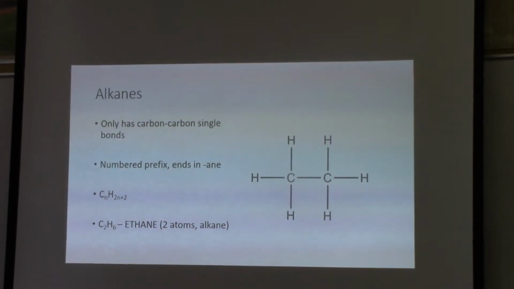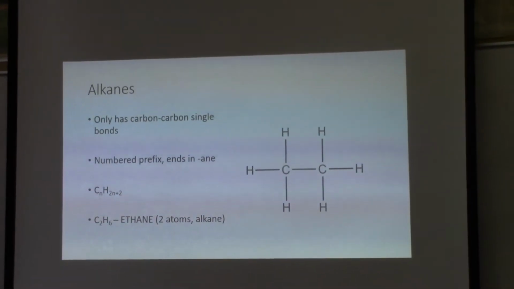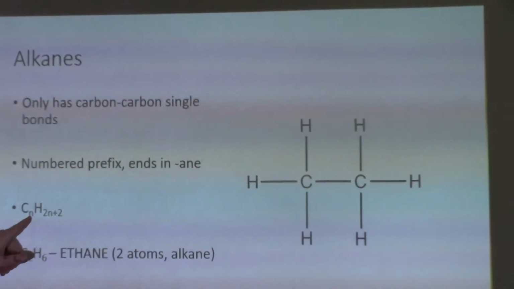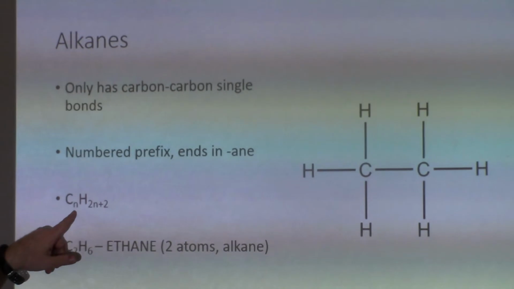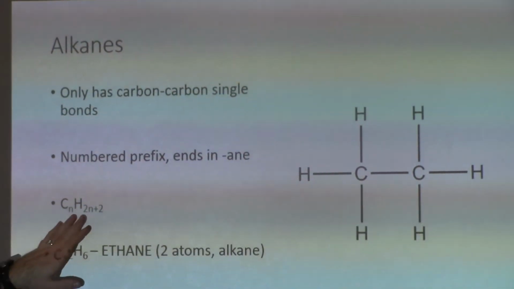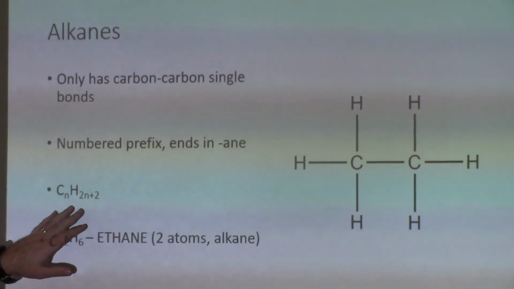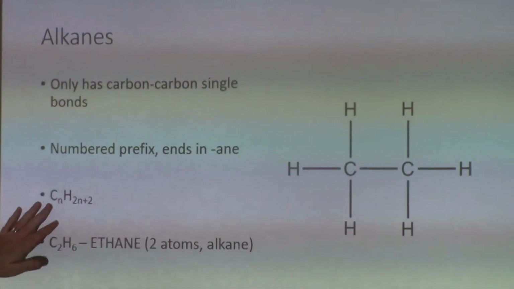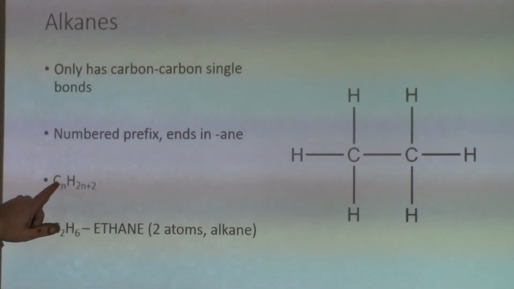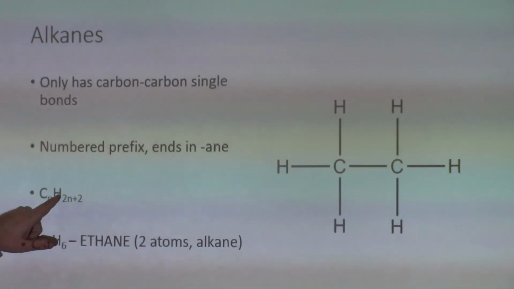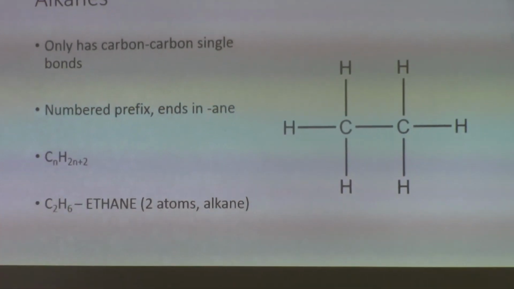So the prefixes and the suffixes are going to be really important for organic chemistry. This is also in your organic nomenclature assignment. What is the chemical formula for alkanes, alkenes, and alkynes? So the formula generally is CnH, where n is the number of carbons, and the number of hydrogens is 2 times that number plus 2.